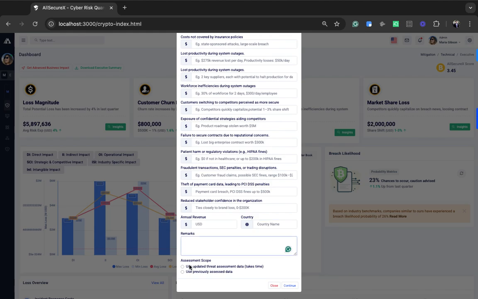You can forward the remarks here. You can talk about the assessment scope, like if you want to use the existing assessment data which has been generated or you want to use a new one. The new one definitely takes more time, so that's why we have given an option for both of them,